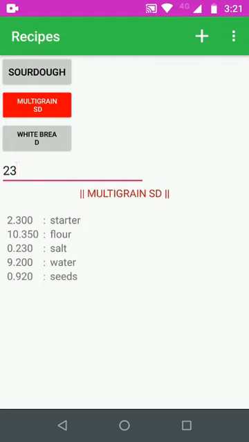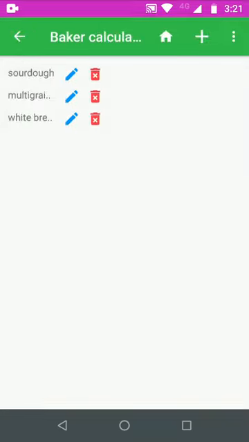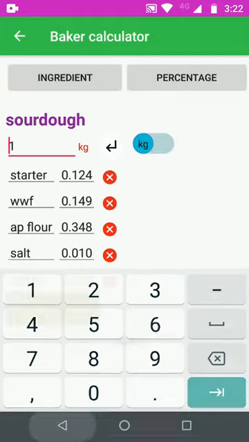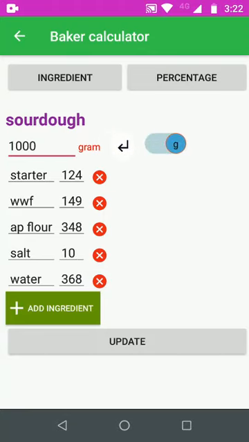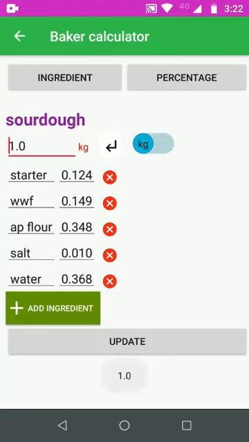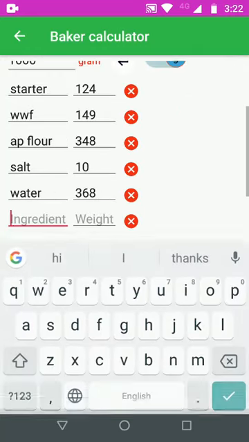Now let's move on to the new cool feature added in this update. If you go to the recipe manager, now you have the option to edit an existing recipe. Let's say you want to edit the sourdough recipe. So you have a button to toggle between gram and kilogram here. Depending on what method you prefer, I'm going to use the gram mode